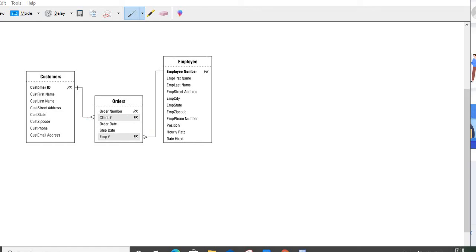So can we assume any value will be present in this orders table for this client ID that is not a part of the customers table? Or similarly, can we assume that any employee who is not part of this employee table can be assigned to this order? It means that all such values, like the client information and the employee information here, must be checked in reference to some existing information in the database.